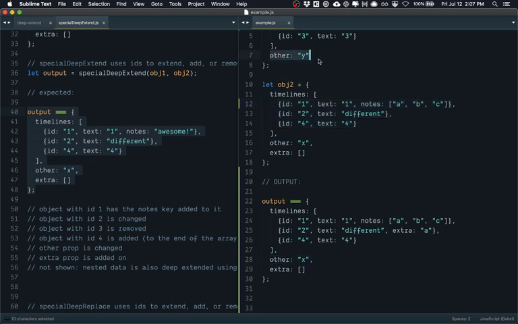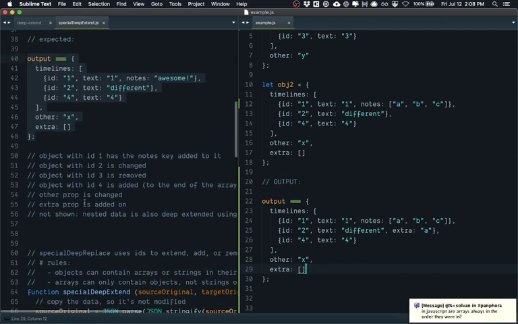So we have other y and other set to x, and so x is going to overrule it. And then extra, this is a property that's in the second object, but it's not in the first, and that gets set like a normal extend. So everything else is just a normal extend. And you can see like the